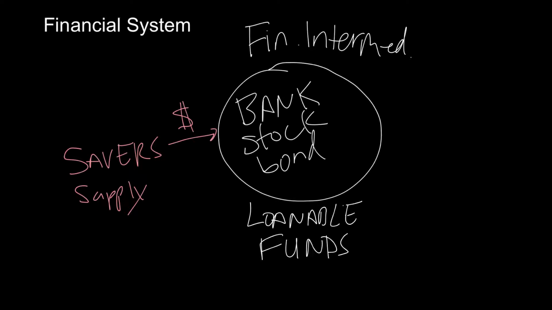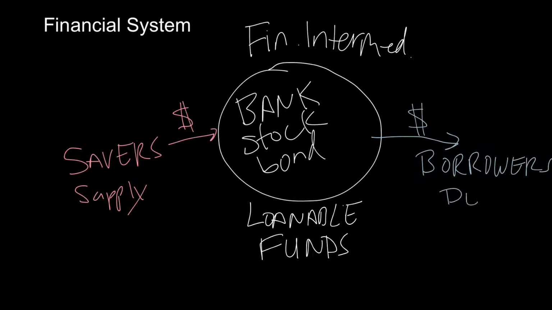So our savers are supplying money in there, and then there are people who need the money, and those will be our borrowers. All right. So what are our borrowers doing with these loanable funds? They are demanding the loanable funds. So yes, we will be drawing a supply and demand of loanable funds. That's what we want to master with this particular concept. So it's important to understand who's on the supply side, who's on the demand side.